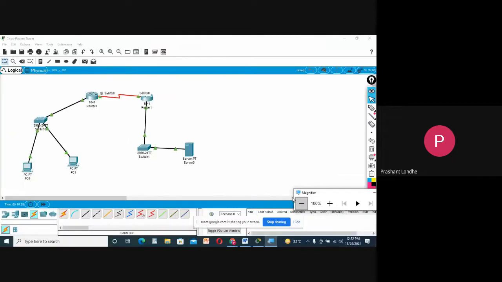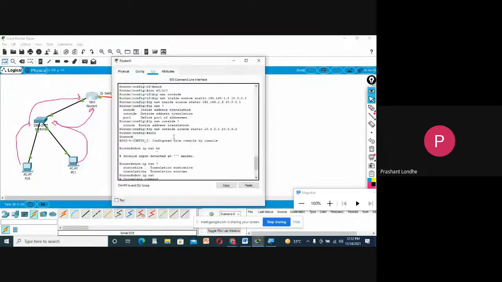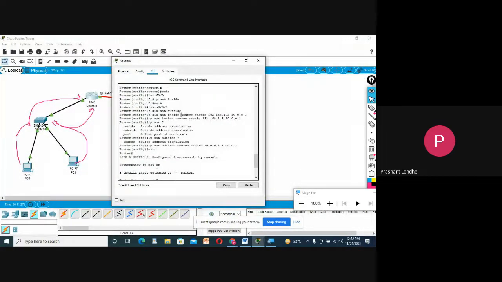I will explain it again. Just see, the message will come from this machine to the switch, and from switch to this router, then from this machine to the switch, and from this switch to this router. So basically I need to fire a code like this. Just check IP NAT inside, so static 192.168.1.2 and 10.0.0.1, which is this port. Similarly, the NAT inside source means from this machine and from this one.